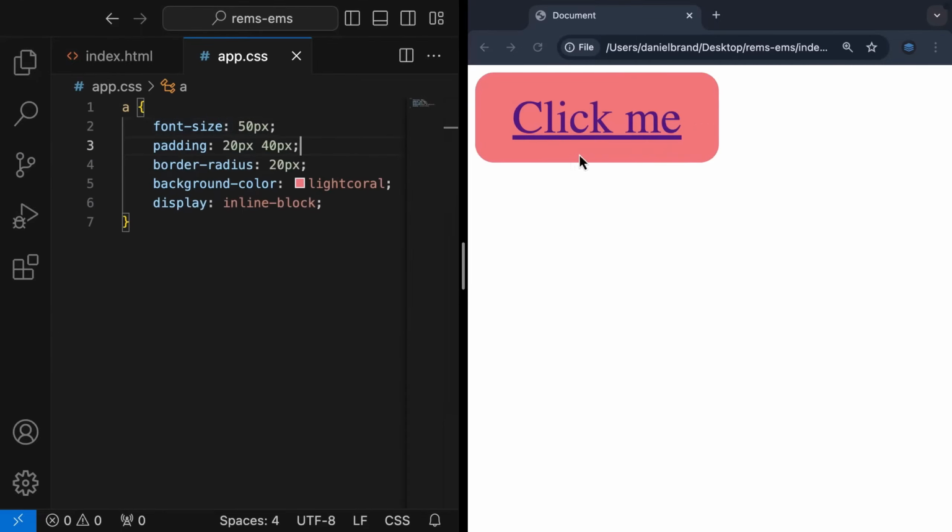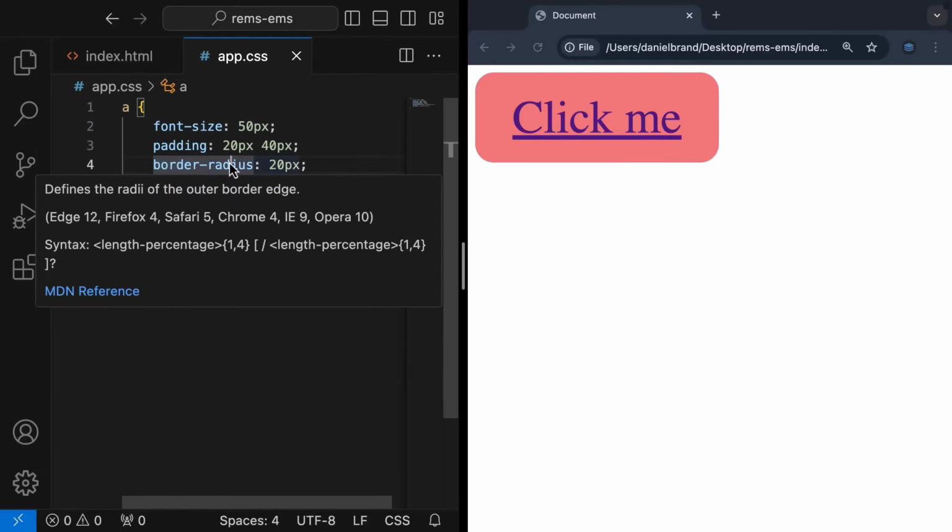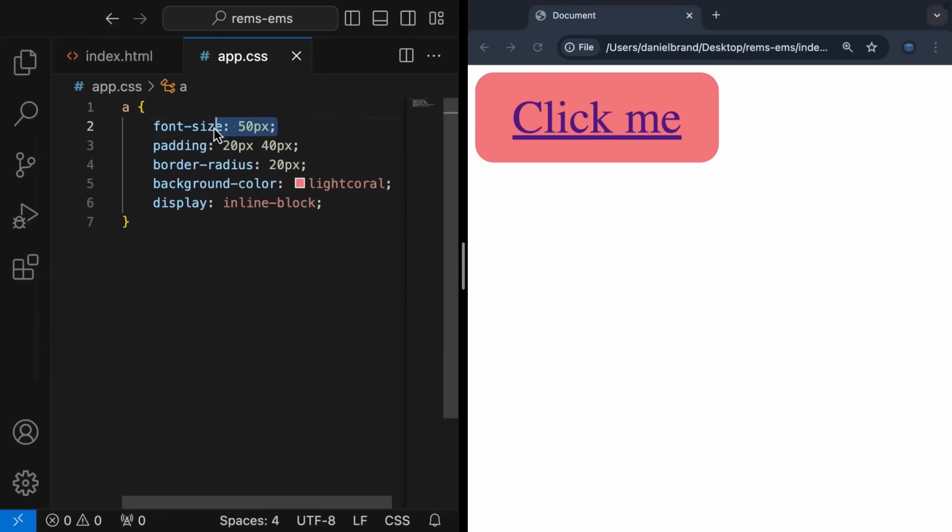A better approach would be allowing us to scale the button based on the font size. To do this, we can use the font size of the anchor tag set here and apply em properties to the padding and border radius. And that way, when we change the font size, these two properties